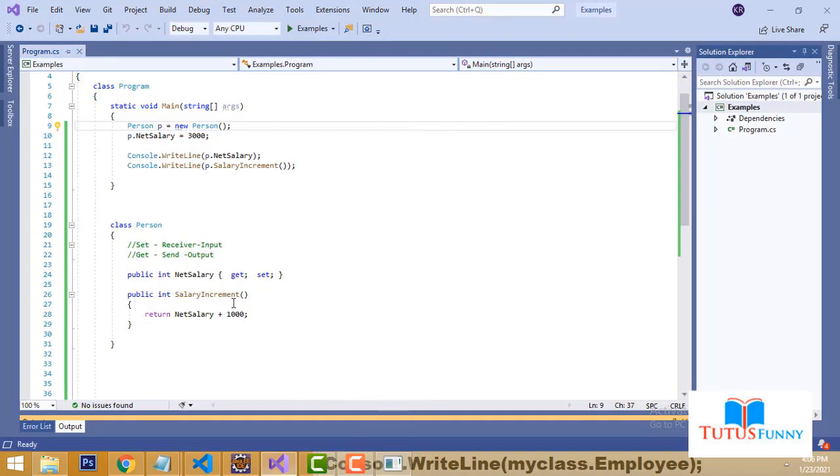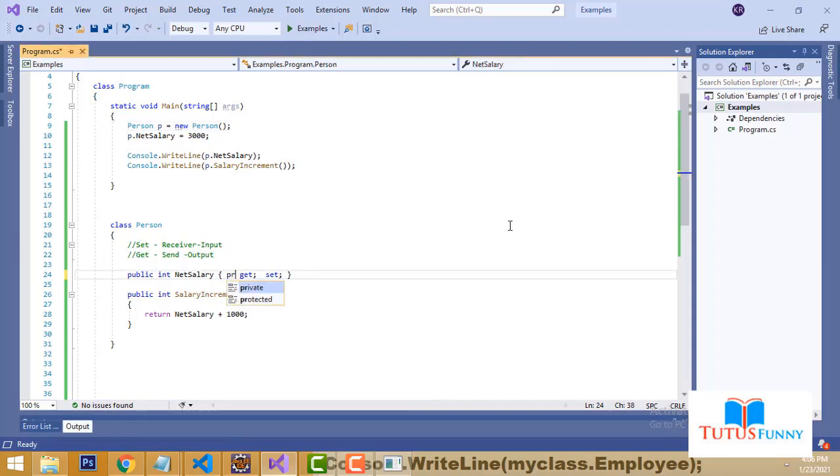If you put private here, it sends the output, it will return. This is a receiver. Receiver means you are not allowed to write here. If you put it before the get, it shows the error. This is a good example of entering a pin number, where it won't show you. This is the security purpose we are using the get and set method for.